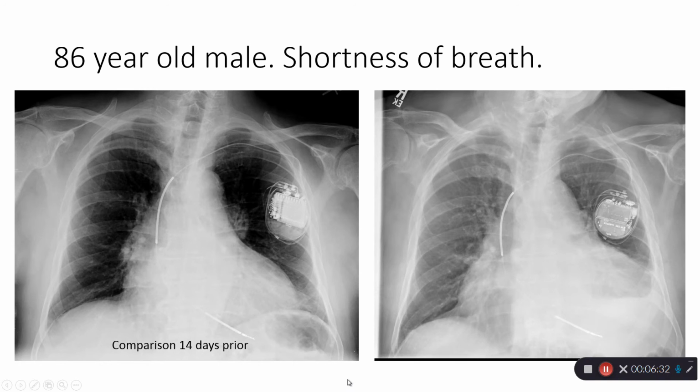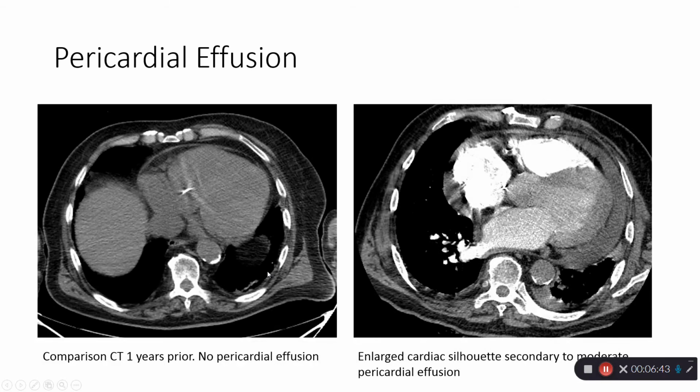Here's an 86-year-old male presenting with shortness of breath. We have a comparison radiograph 4 days prior to the recent study. We can see that he has a right ventricular ICD lead in place. And if you notice, there was enlargement of the cardiac silhouette within a relatively short period of time. Here we see a non-contrast CT chest performed 1 year prior, and there's no fluid surrounding the heart. On the recent CT, which was performed with contrast, we see this fluid attenuation circumferentially surrounding the heart, and this